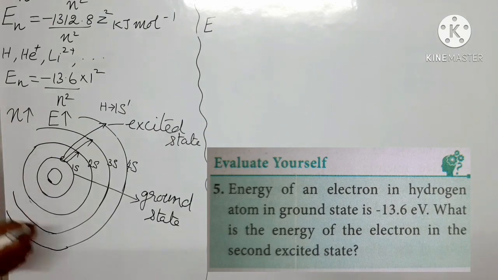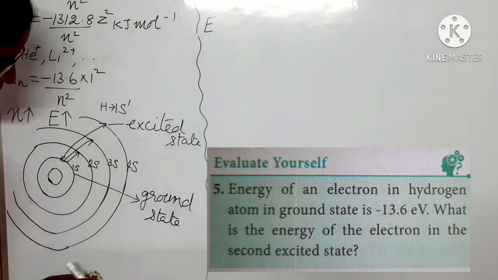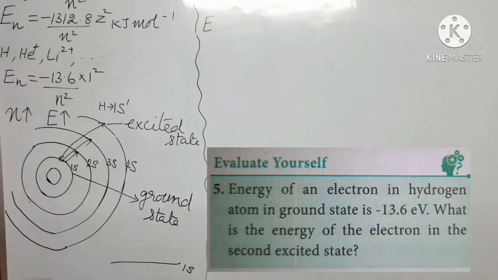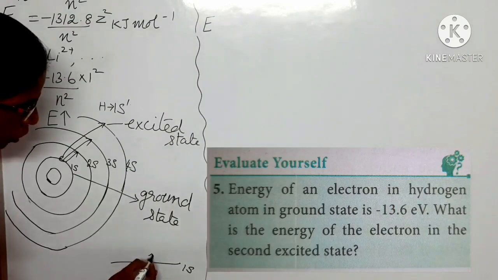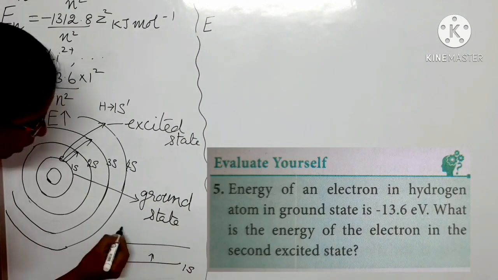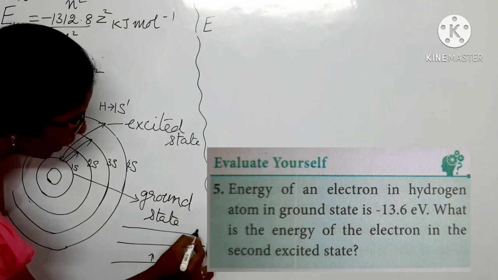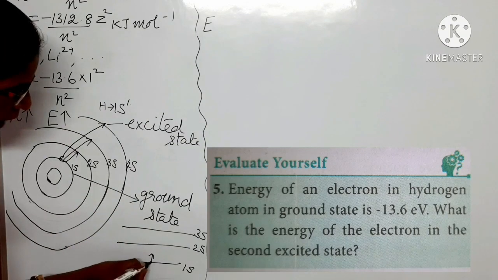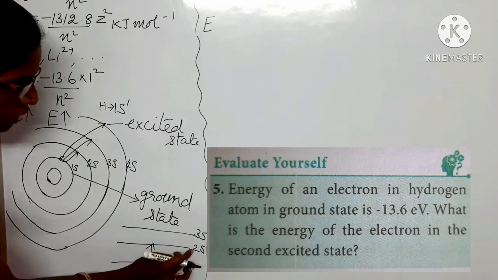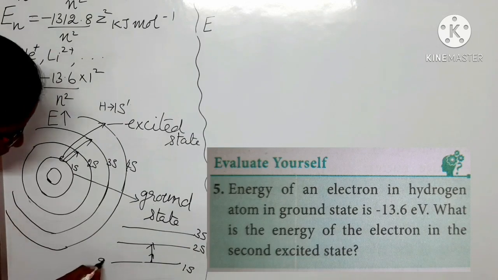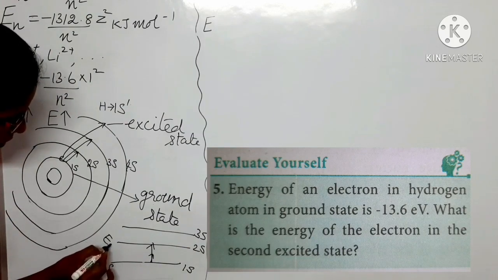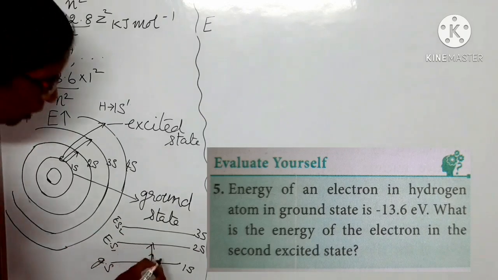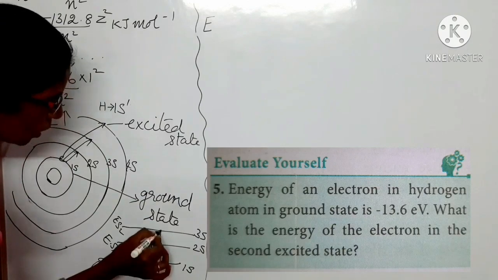For you to have a better understanding, I can tell again. This is your 1s orbital where you had one electron. This is your 2s. This is your 3s. Now this electron gains some energy and is excited to this level. So this is called the first excited state. This is called the ground state. This is excited state 1. This is excited state 2. Now this electron can move up to this level also.